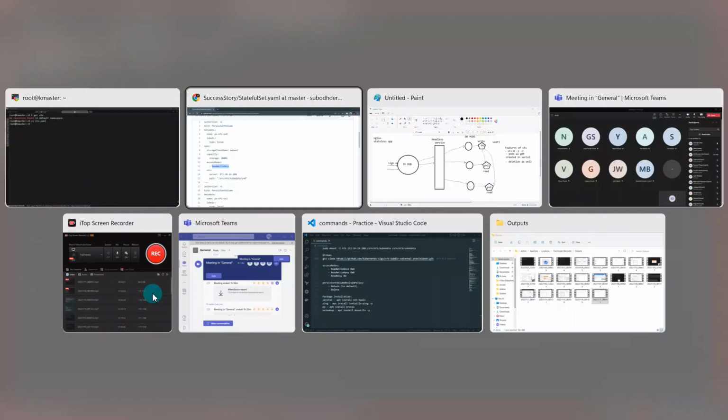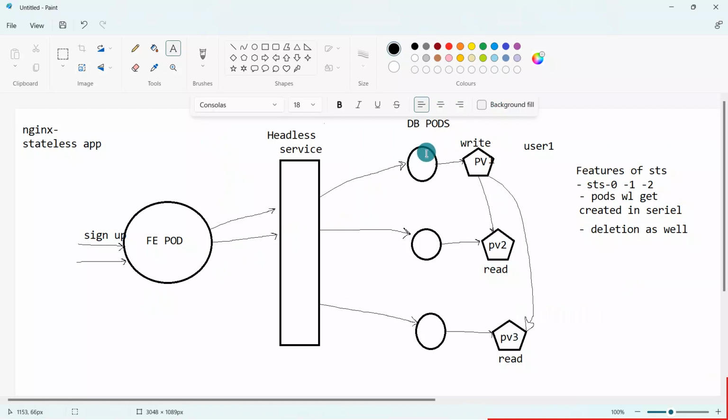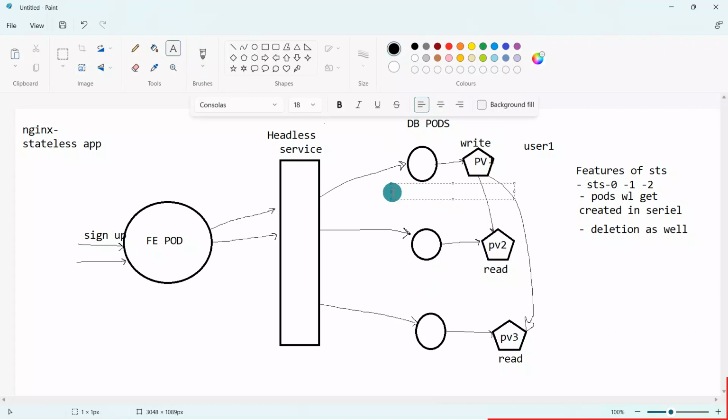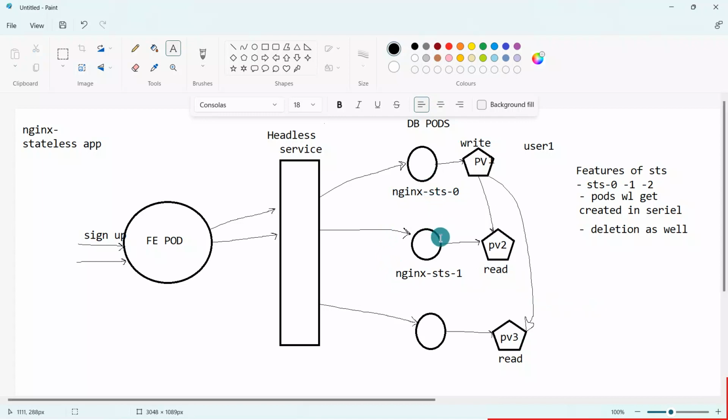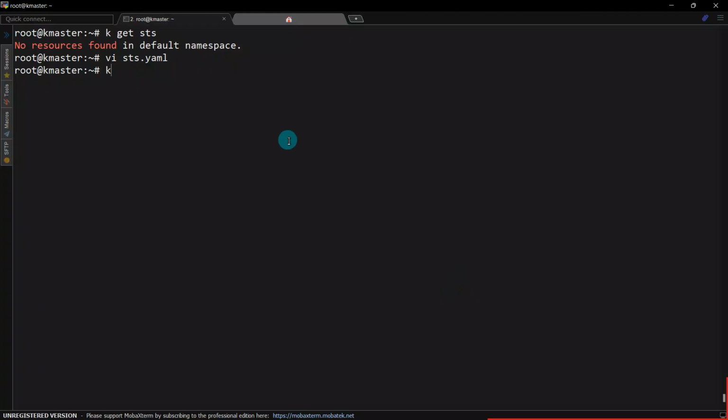2 pods are going to get created. First pod gets created, second pod gets created. What will be the name of the first pod? The name of the STS, nginx-sts-0, will be the name of the first pod. And what will be the name of the second? This will be the name of the second pod. And you will see that these 2 pods will get created in a serial manner. Okay, kubectl apply -f